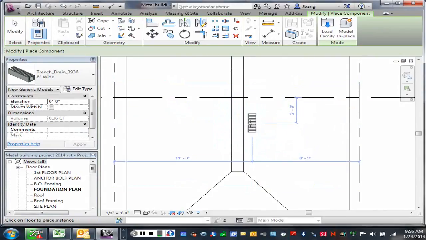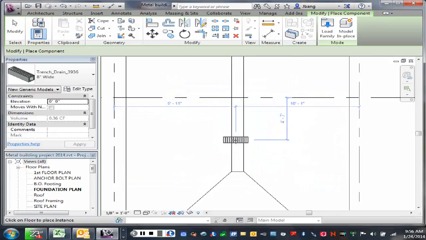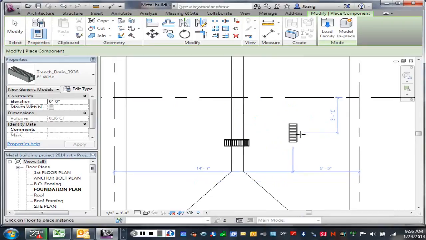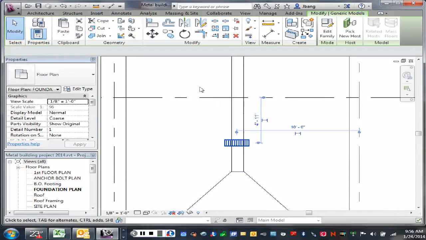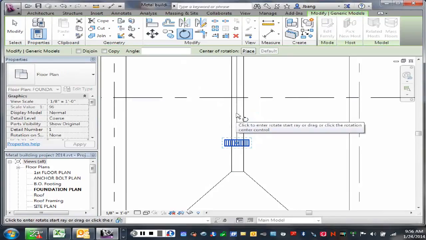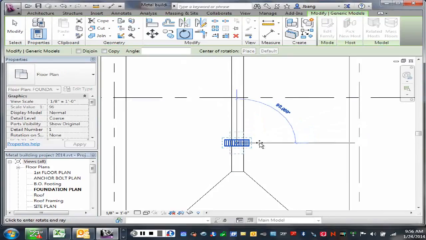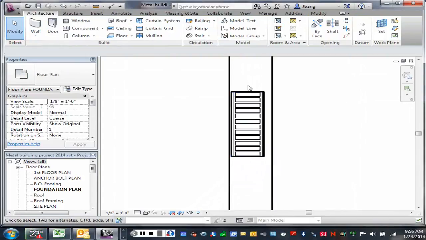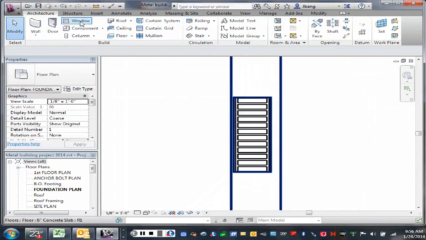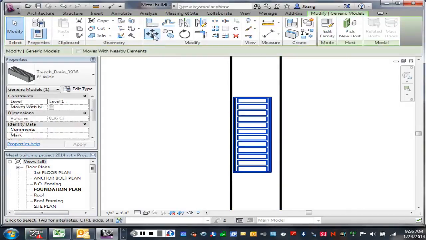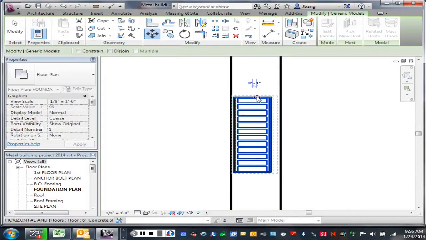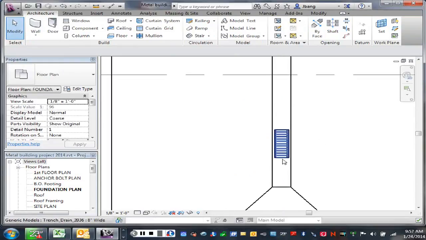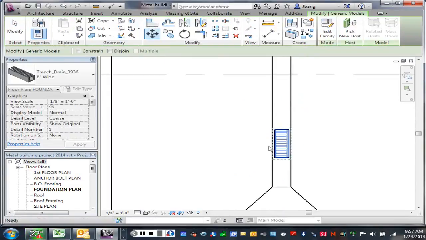you'll see it wants to turn it. Okay, so I'll just put it in there, even though it wanted to set it the wrong direction. Then I'll click on it and I'll rotate it. And I want to position it in the middle, so I'll move it a little bit. And then I'm going to move it